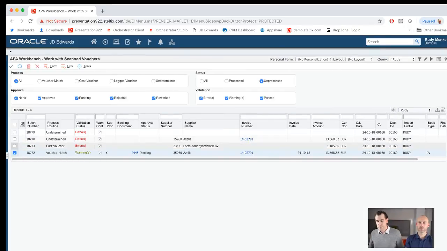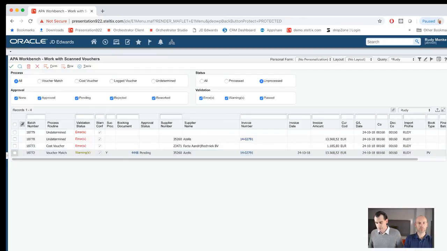Then what you also see is an approval status, because of course for every action you make we have an approval workflow installed, and that approval workflow is stating whether this document can be paid, yes or no. And that is very important because that's actually the split that you make. Do we want to pay this? Yes, no. In this case it's pending, so the payment status is on hold, so nothing will be paid. And as soon as this went through workflow, it's going to end up in hopefully approved, and from then it can be paid.